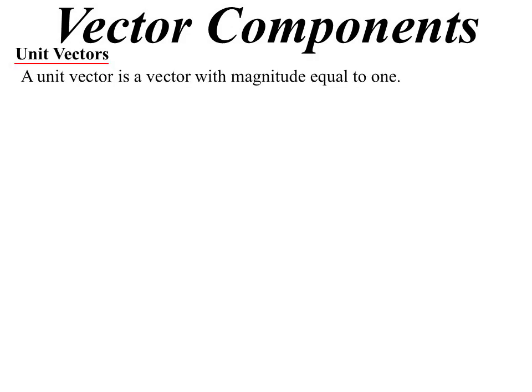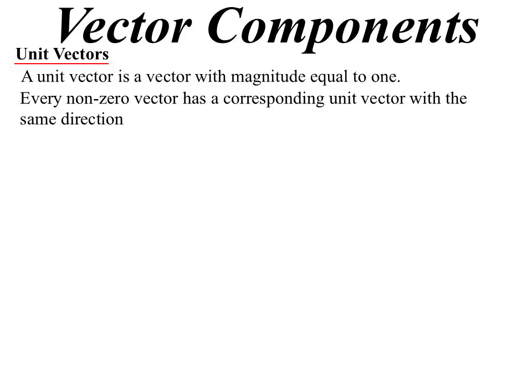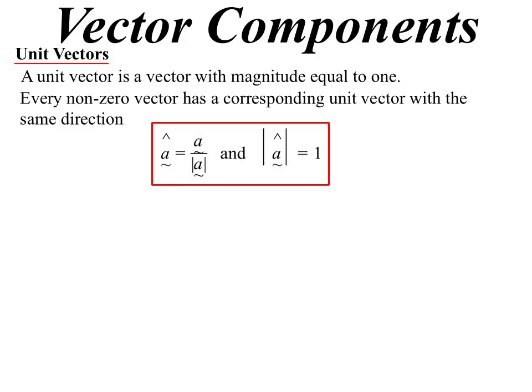Vector components. So a unit vector is simply, as the name suggests, a vector whose magnitude is 1, or 1 unit. Every vector, other than the zero vector, will have a unit vector in the same direction. There's some symbols for that. If we're talking about a unit vector in the direction of A, we write down vector A, but then we